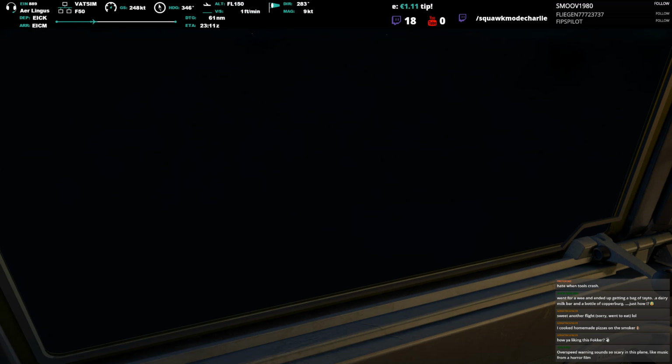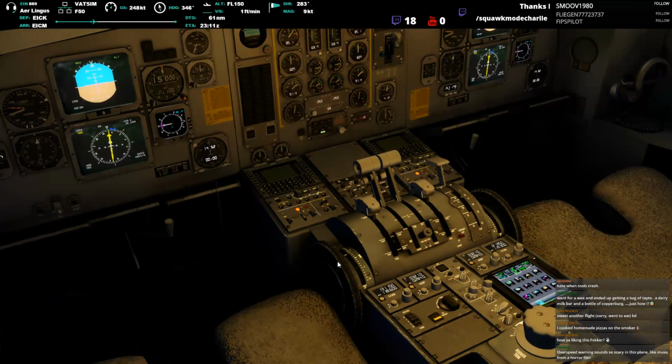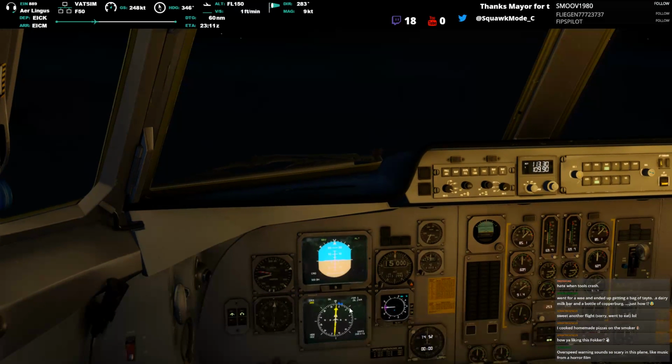Loving a geriatric. Not loving the fact that GTN keeps crashing, but yeah. Right, so I'll be 25 miles to Shannon. Yeah, Tom, the overspeed's a bit